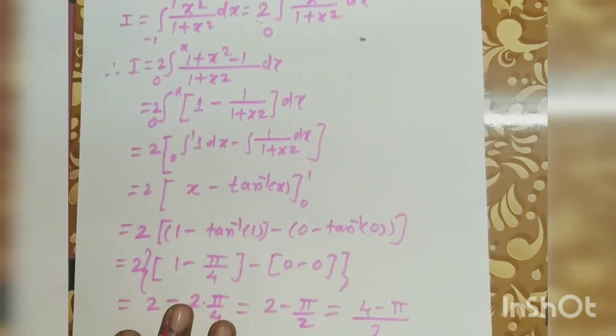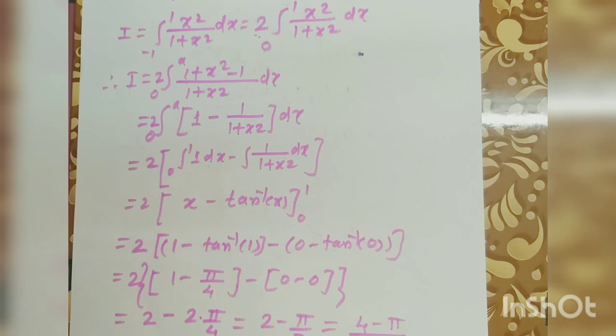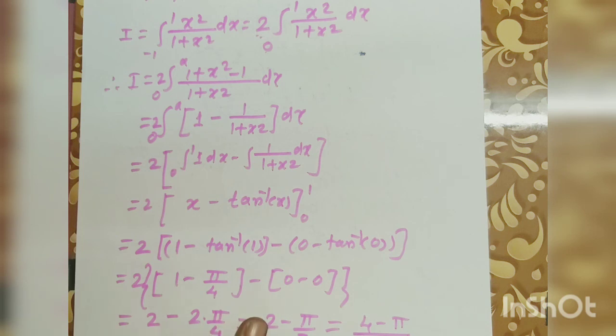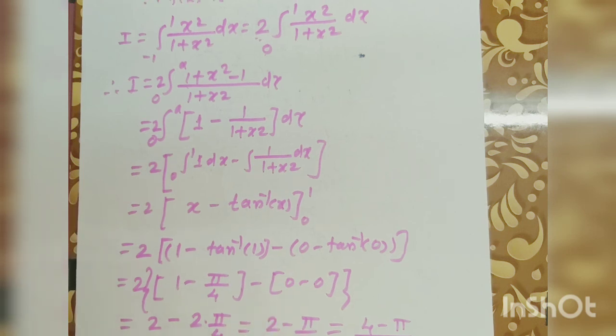In this way we apply the property, then we get the solution easily, which is otherwise complicated without using the property. The solution can be found by any other method, but when we apply the properties, we get the solution easily. In this way the properties of the definite integrals are completed.